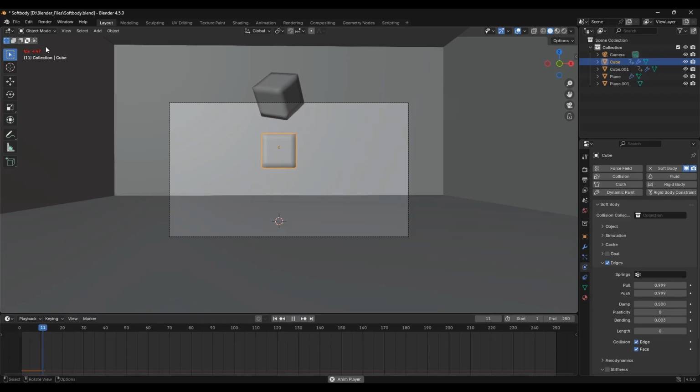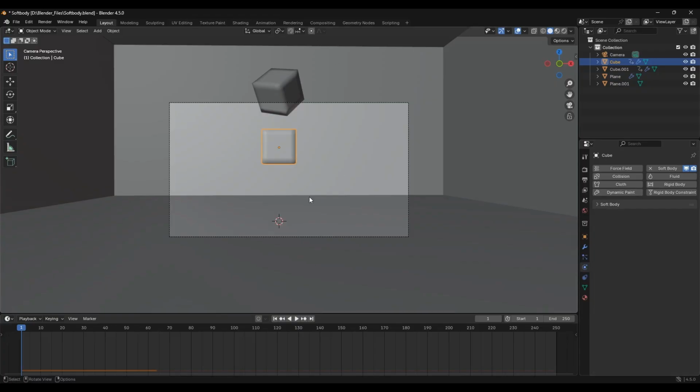It's going to take a little bit of time. It's definitely slower FPS on this, but they're going to fall into each other. They're going to hit the floor, but they're just going to fall right through each other. And that's obviously terrible. So in order to fix this, we're going to add collision modifiers to each of these